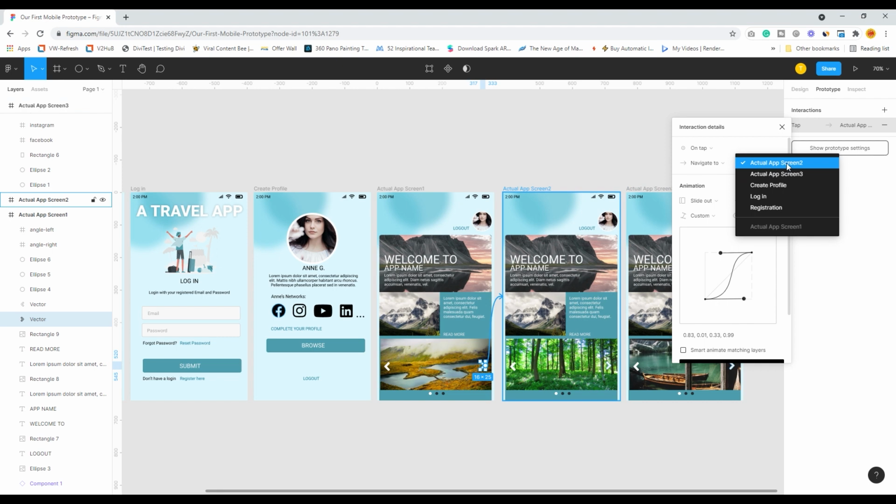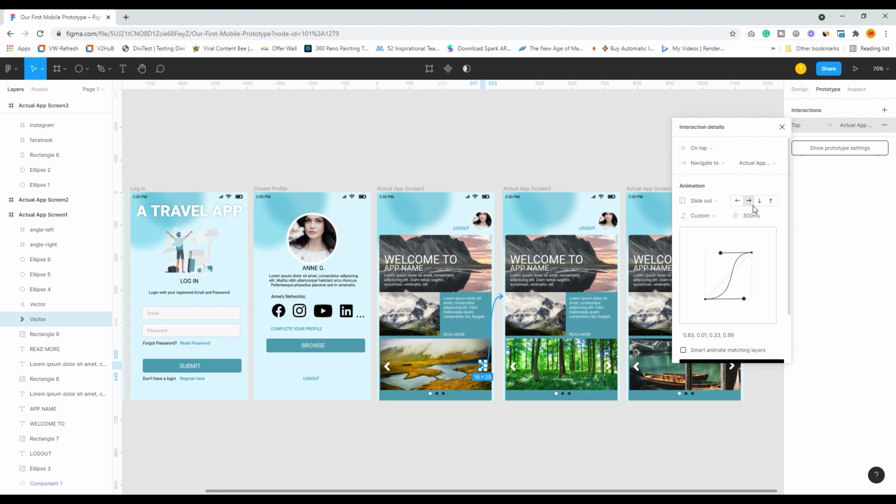So if you want to go to screen 2, you can go to screen 2. If you want to go to screen 1, you can go to screen 1, and like. Okay.